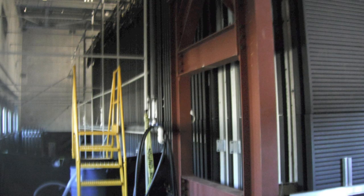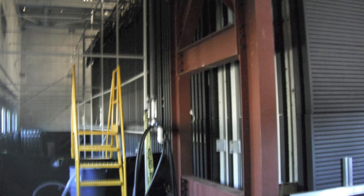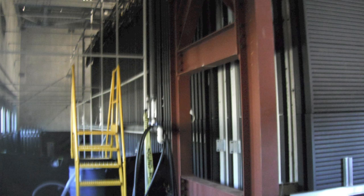And obviously the edges of the Gaussian beam at this point are very wide, but then the neutrinos basically go flying all the way to the Soudan mine in Minnesota, and on their flight path, they've timed it so that it takes like 2.2 milliseconds-ish. Don't quote me on that, but something like that. A short amount of time, but it's fast enough for the neutrinos to actually oscillate between the types. And so they can see this oscillation at the